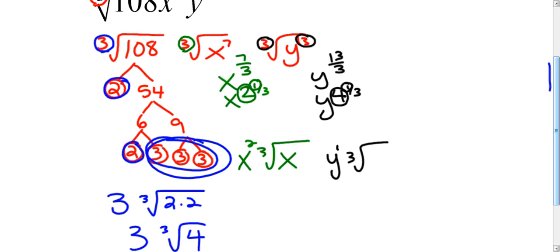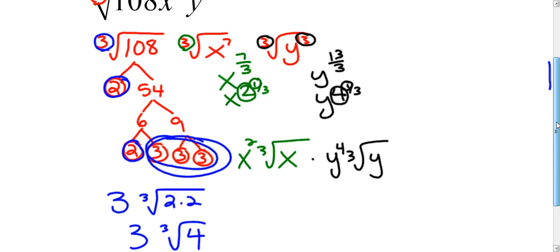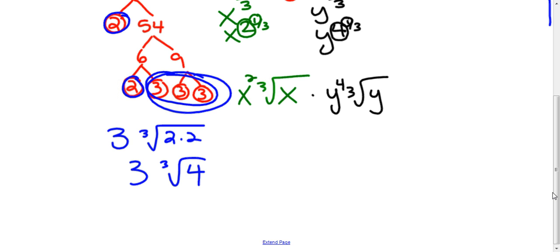The outside is a y to the 4th, the inside is a y to the 1. So this is what I have if I think about bringing this down. I have this 3x to the 4th right here, and then I have an x squared cube root x, and I have this y to the 4th that I'm bringing down,